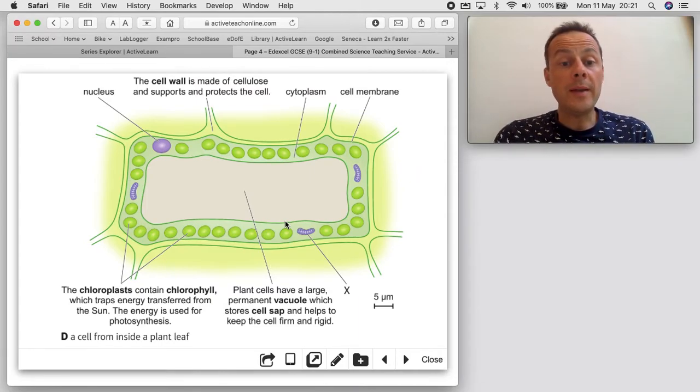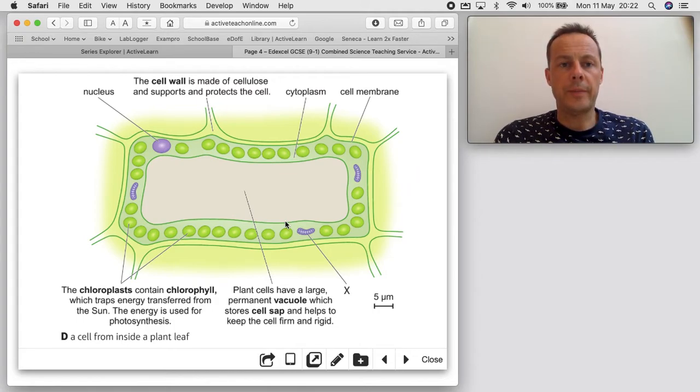Moving on, within that cell as well, there is a sap vacuole. Now, the sap vacuole is filled full of sap, and this is what helps keep the cell rigid and firm. Without this, the cell and the rest of the tissue would become flaccid, soft, and floppy, and would not be able to hold its own shape. This is what happens when plants aren't watered and you see them wilting. It's because the cell sap has been drawn out of the cells. When you water them, the cell sap returns to the cells and the cells become full and they will hold